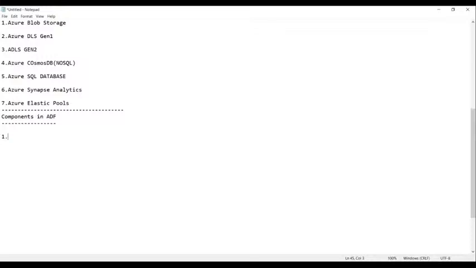The first one is called the pipeline, which we can also call the data pipeline. The second one is called linked services.